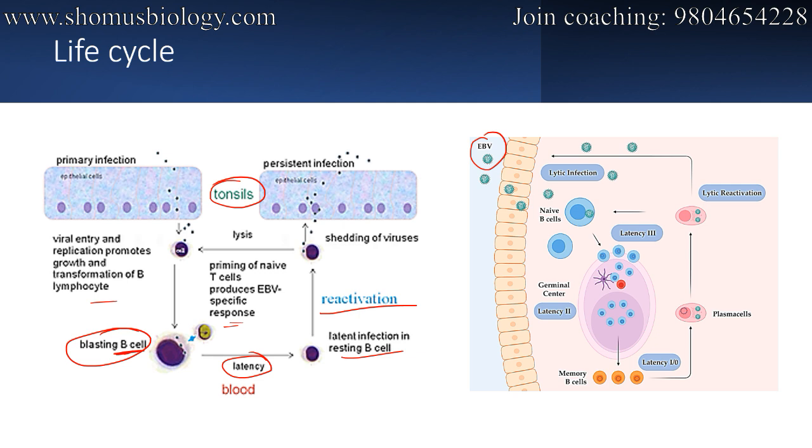This is the Epstein-Barr virus. You can see it can take its entry inside. This is the tonsil region. There is a naive B cell. A naive B cell means it is not yet destined for its function at this moment. So what happens here is that the naive B cells get this Epstein-Barr virus inside, and the virus moves inside the cell, and latency. So there is a latency period of time that may occur at this moment.